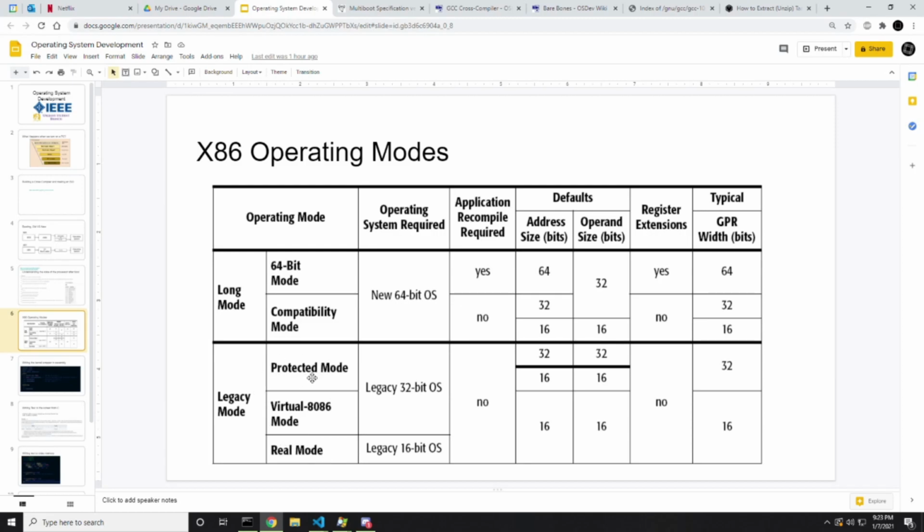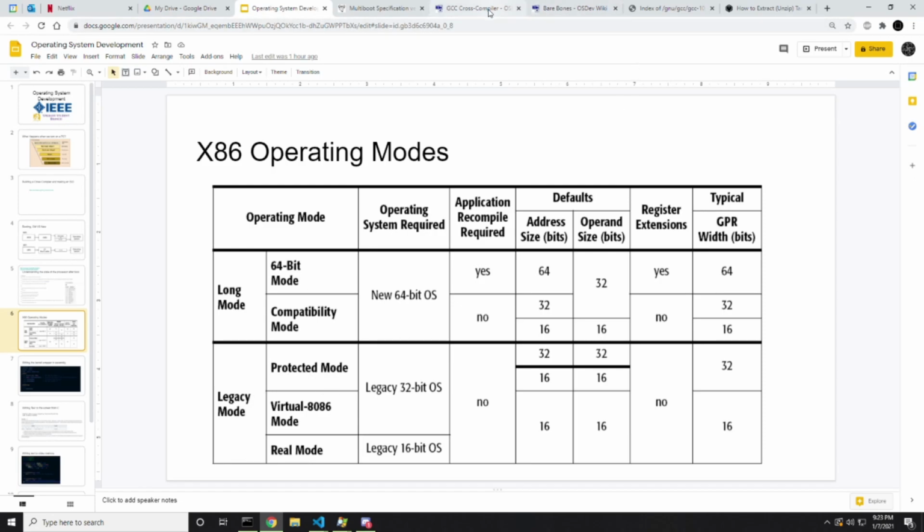And once we're in protected mode, we do not have access to our BIOS interrupts. Normally, the way that we get a lot of this info is by querying the BIOS and saying, hey, what does the system have? What are my PCIe connections? What's in RAM? Are there any memory-mapped devices in RAM? And you do that through these interrupts that you can only call in real mode. So what grub does for us, which is very nice, is get all of that information for us while the processor is still in real mode,